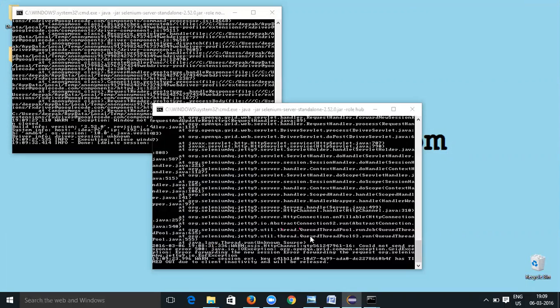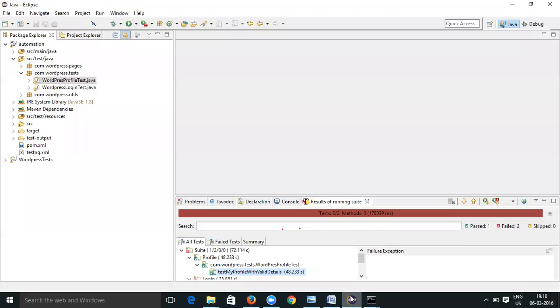If you click on the command prompt by mistake, the server will be paused, and unless you click Enter again, it won't come back to the normal state. That is the reason for the couple of issues. Now it should work fine.